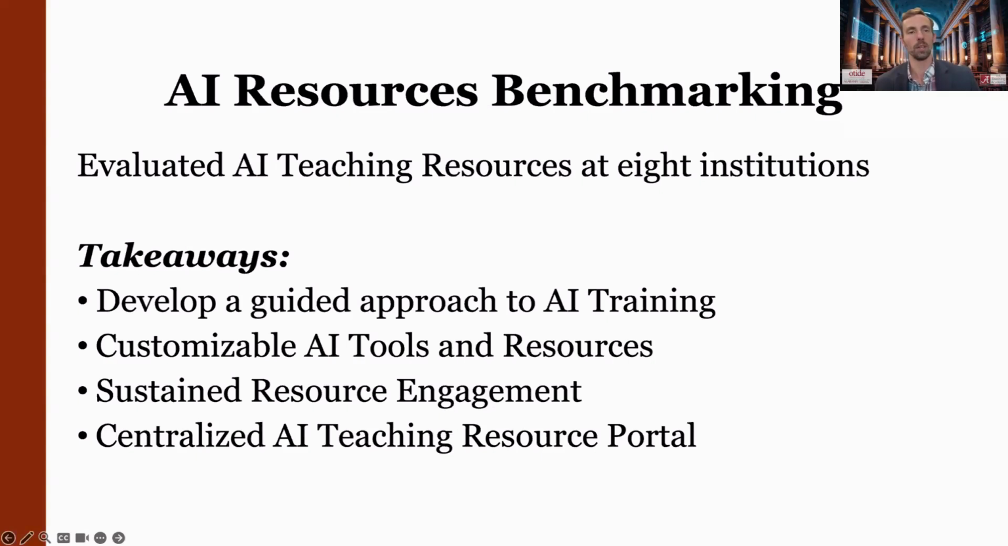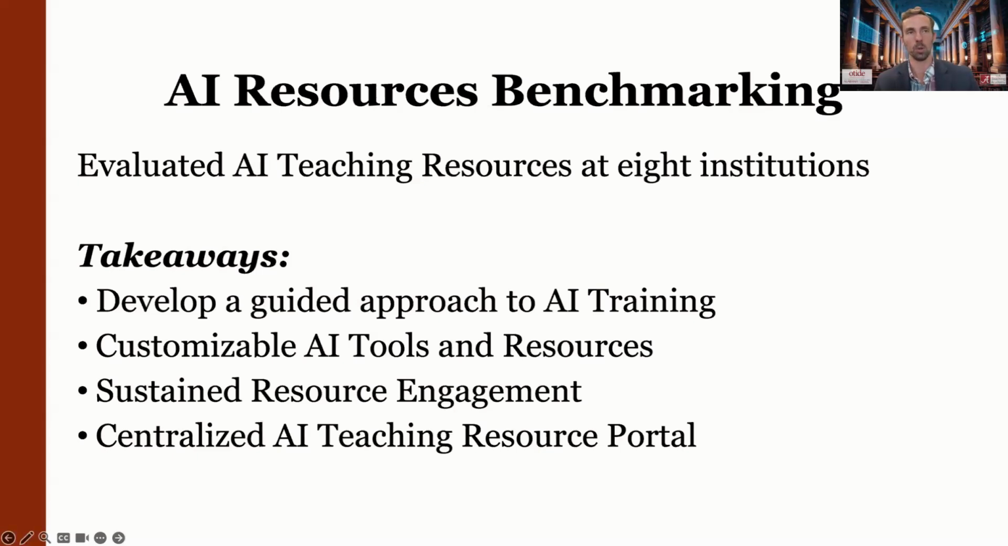So a few of the takeaways: we needed a guided approach. We couldn't just throw these resources at faculty and say, hey, figure it out for yourself. Time is valuable, so we needed to make sure that there was a guided approach to what we were doing. Customizable, again, people are at different phases of their AI journey now, so we needed to make sure that